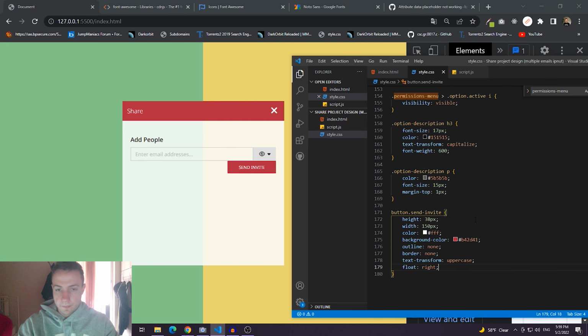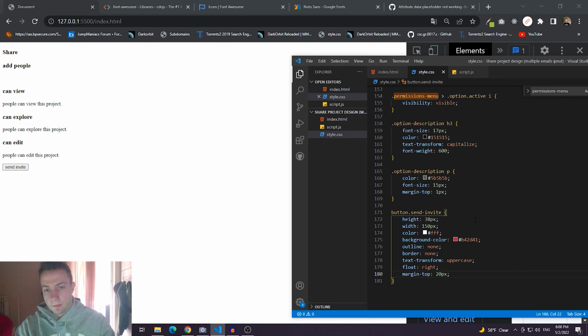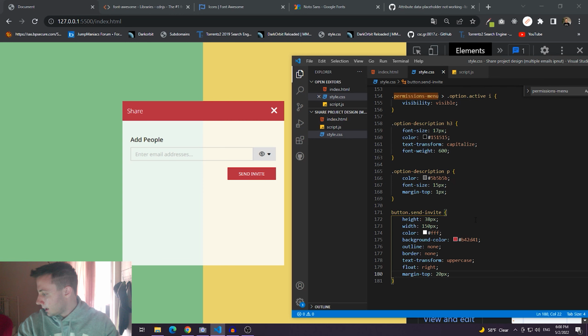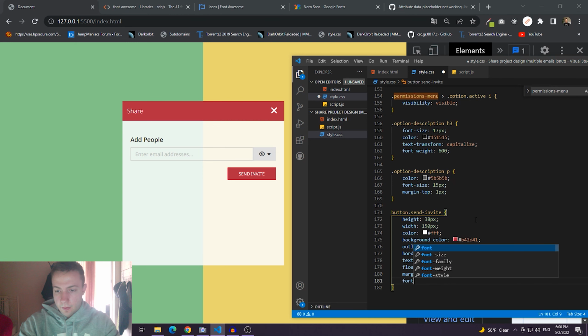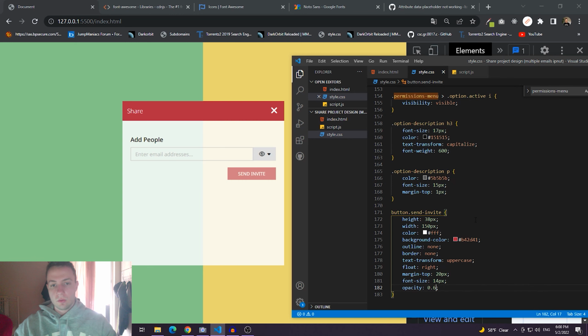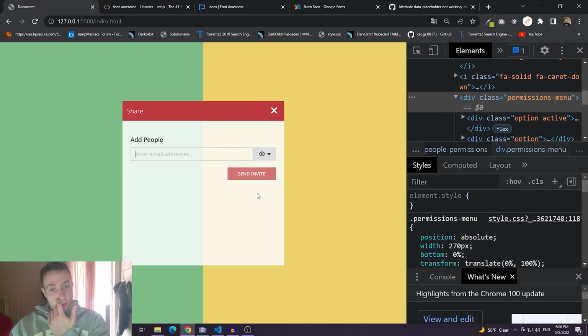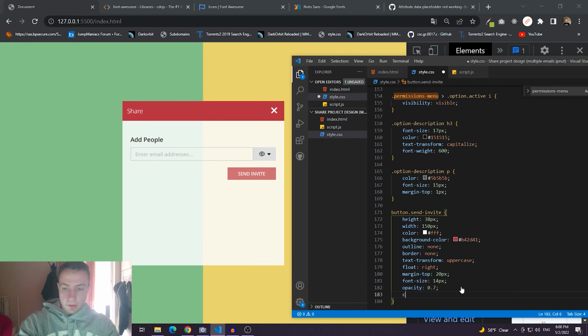Float right, a margin top of 20 pixels, and font size 15 pixels, and opacity 0.7. And cursor not allowed,